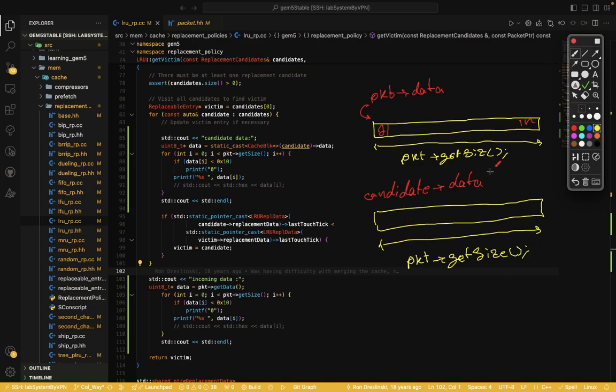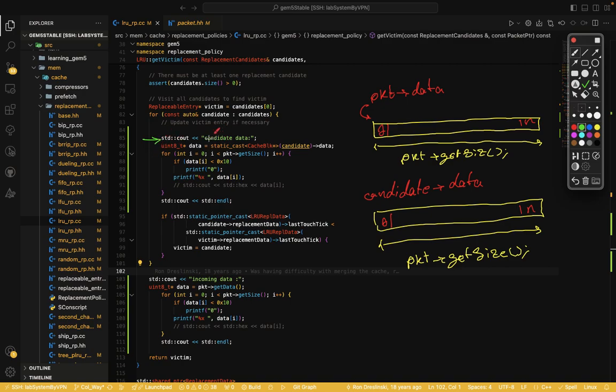Okay, we said this is the packet data, it's an array that starts from 0 to n. For this, I wrote two loops. One loop is the for, which checks all the candidates, and I mention the message to print.